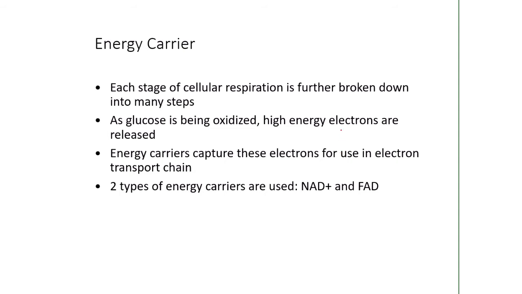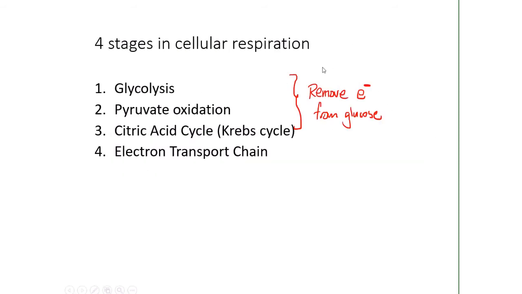There are 2 main types of energy carriers in human cells. One of them is called NAD+, the other is called FAD. They are acronyms for something much longer, but for the purpose of this course, we can just call them by their abbreviated form. NAD+ and FAD will be capturing electrons from the first 3 steps, and then they are going to take these electrons to the electron transport chain, where you will be using them